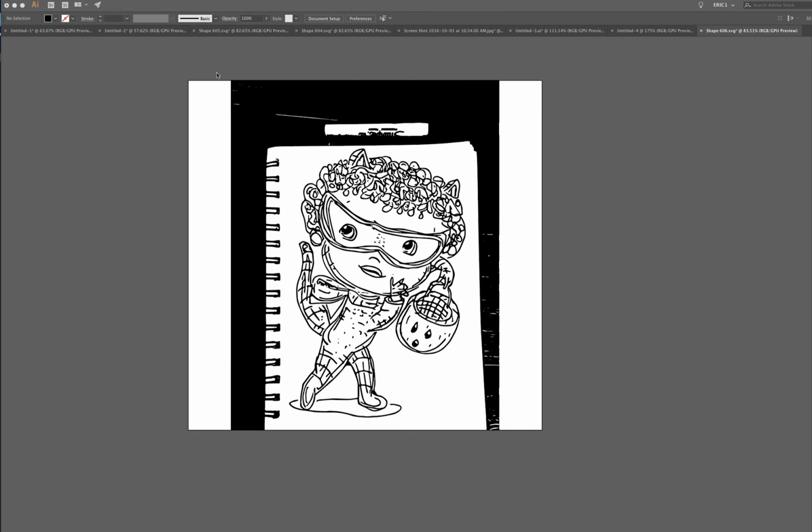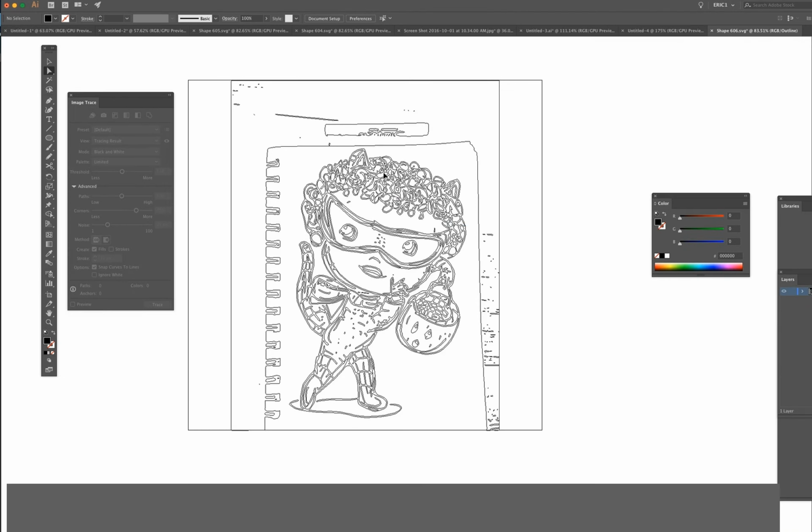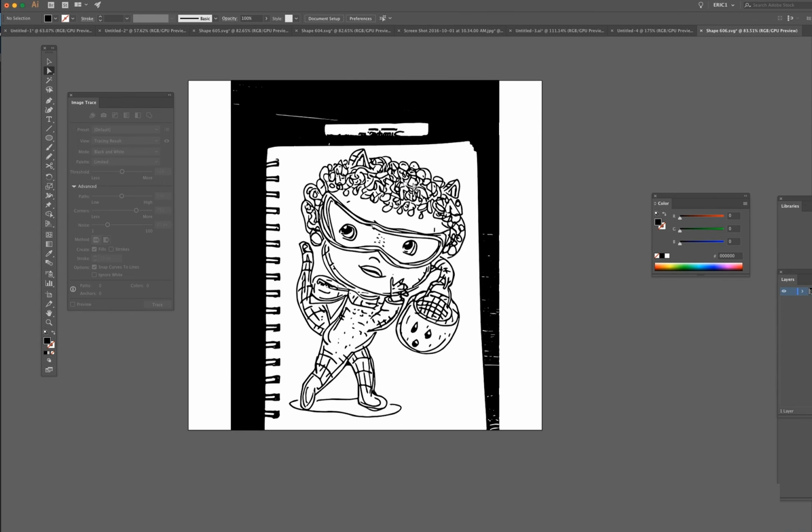Okay, so you saw the other video. We did the illustration, and in this video, we're going to bring our illustration into Illustrator via the Adobe Capture program. And as you can see, this is a raw vector file now. So we used Adobe Capture to take a snap of it. We turned it into vector, and now it's a vector inside of Illustrator that's high res and ready to go. So what we're going to do is fix this up a little, and then we're going to bring it into Photoshop and color it, and prep the file